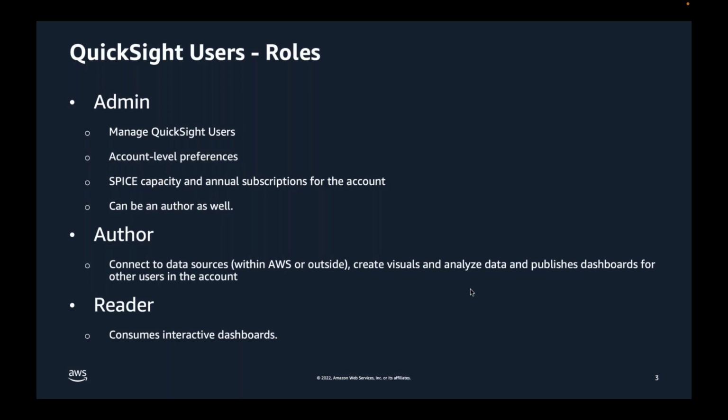They can delete those users as well. Admins can also set up account level preferences. I didn't put the whole list here because it would have taken many slides, but they can do a lot of things like setting up IP restrictions, quite a few security features, setting up access to other AWS resources. So a lot of account level preferences